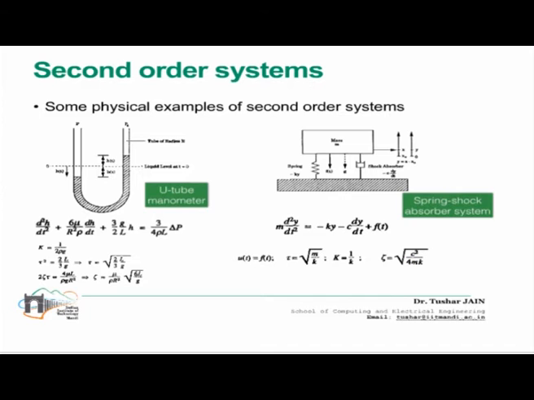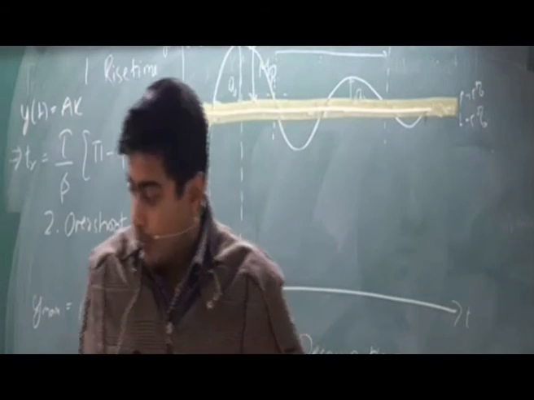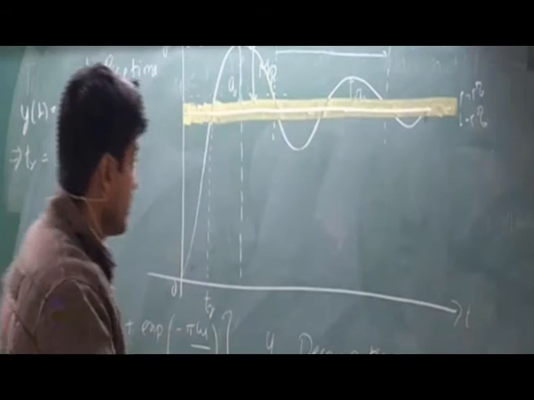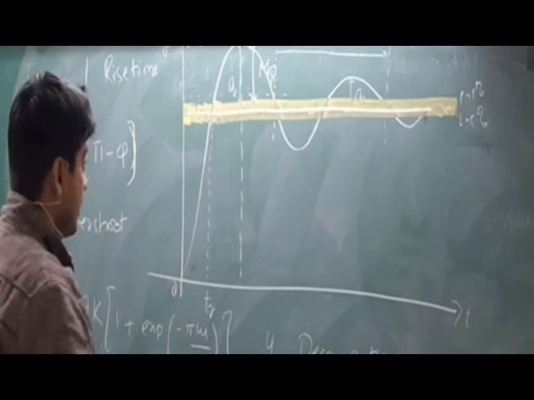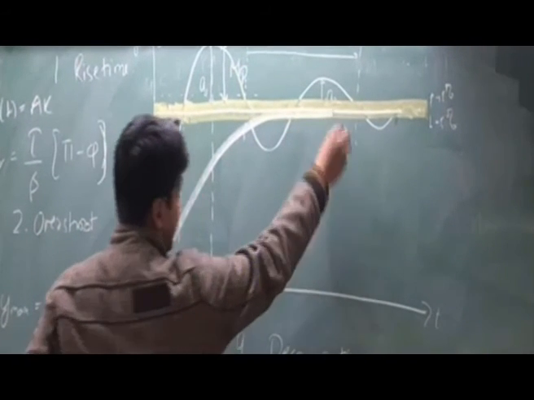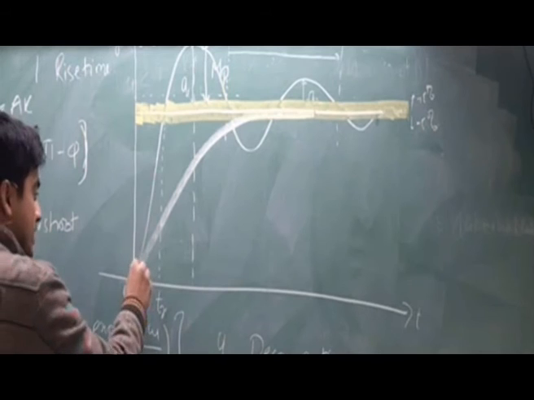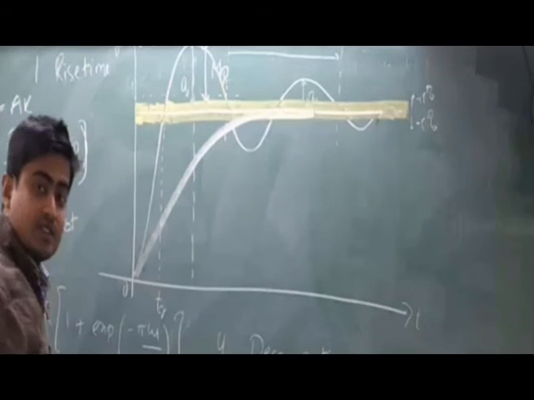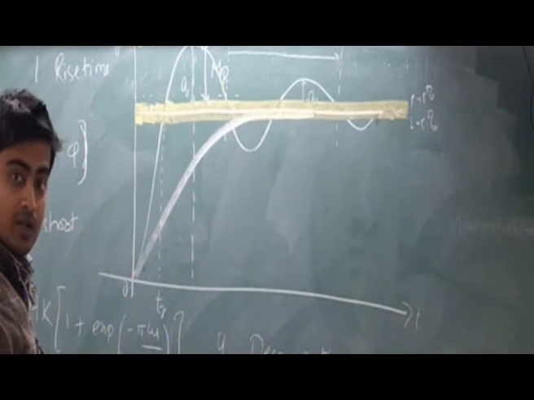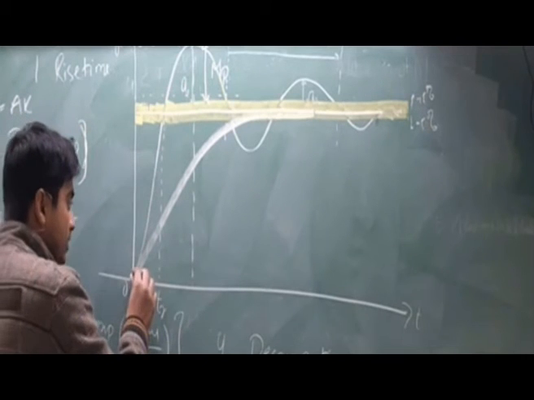There was another question from GCT: what is the significance of keeping damping at unity? The significance from the practical point of view: I have this system already, the figure already drawn here. This is for the underdamped response. Why do I want this system to behave like this always? Because I don't want these transients. I want my system to reach from the initial value to the final value smoothly.